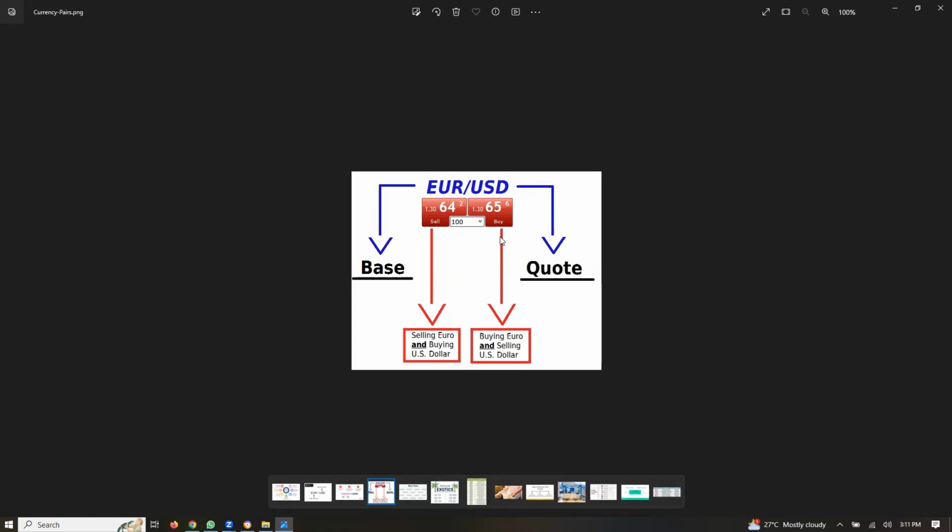So when you check this example, yes, we are together. What I was explaining, the Euro/USD, you will see sell and buy, and you will see base currency and quote currency. If you check very well, on the base currency aspect, the box says selling euro and buying US dollar. It means that if you sell euro, you are buying US dollar in return. And when you buy euro, you are selling US dollar out. It means that you already have dollar and you are releasing it out.